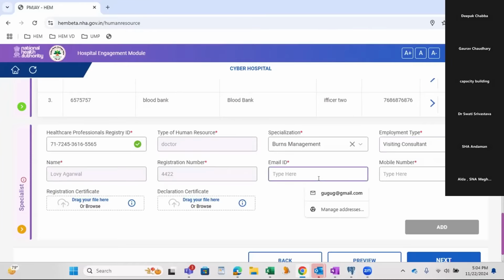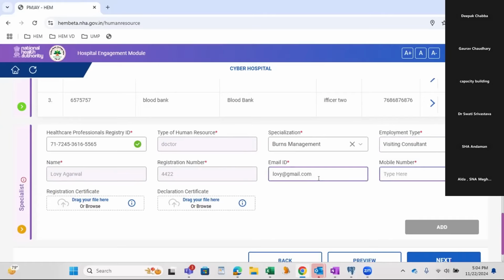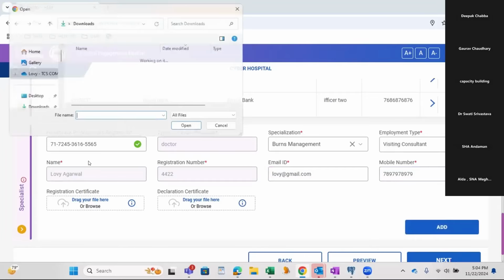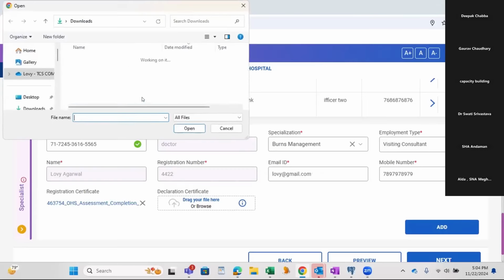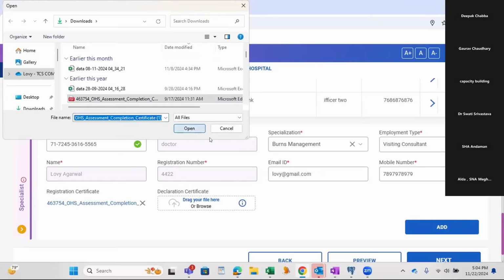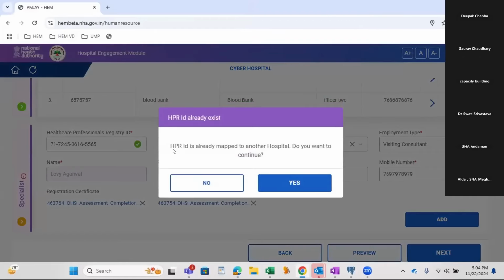I'll enter the ID, mobile number, and registration certificate. The moment I enter, I click on add. If you click on add in this section, it will say that this HPR ID is already mapped to another hospital.